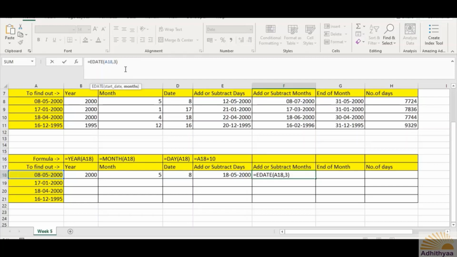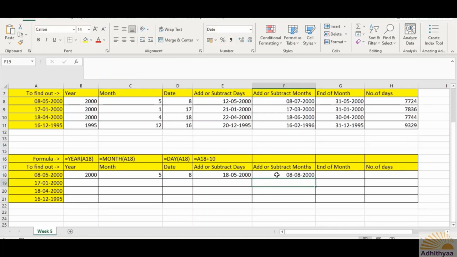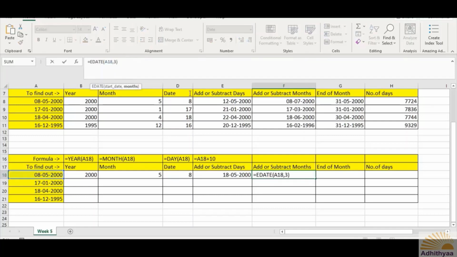That means if you are in May, you will be getting 3 months later. That means June, July, August. Hopefully, we should be getting the August date here. Let us check. Yes, you are right. We are now getting 8th of August 2000. If I press 5 here, I will be getting June, July, August, September, October, so I'll be getting October.